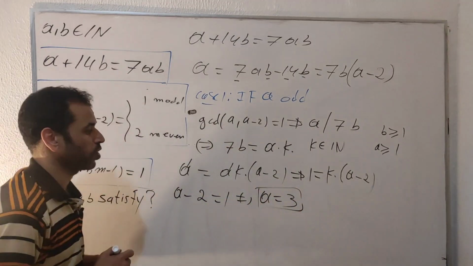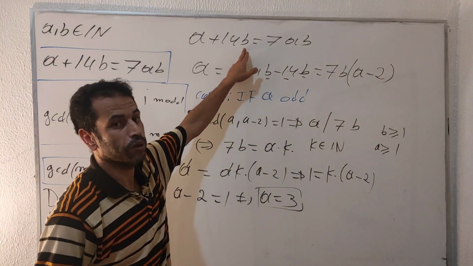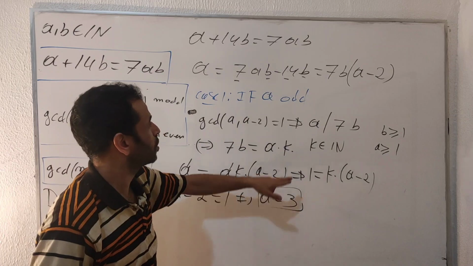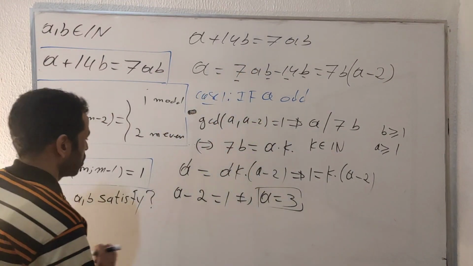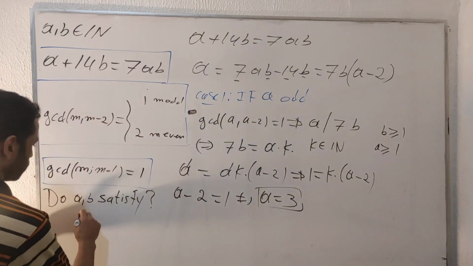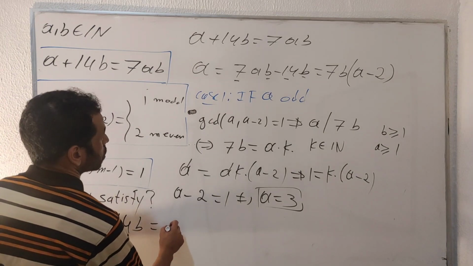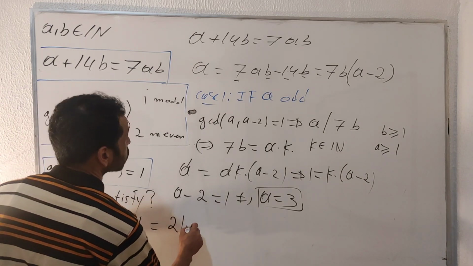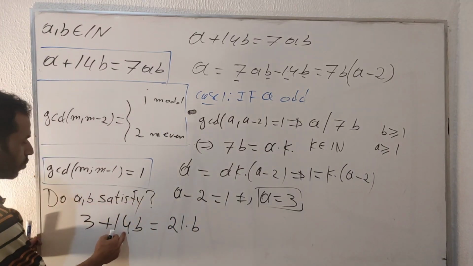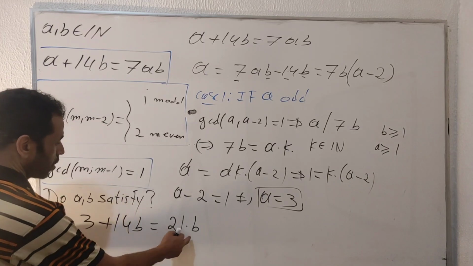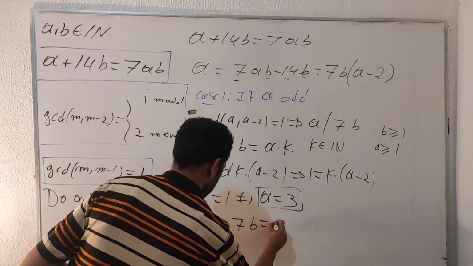Now I found the solution for A, but let's see if we have a solution for B. By taking this value of A and plugging it into the original equation, I get A, which is 3, plus 14B equals 3 multiplied by 7, which is 21, multiplied by B. Now we get 14B here, we get 21B here. Moving 14B over to the right, I get the difference equals 7B. So 7B equals 3,